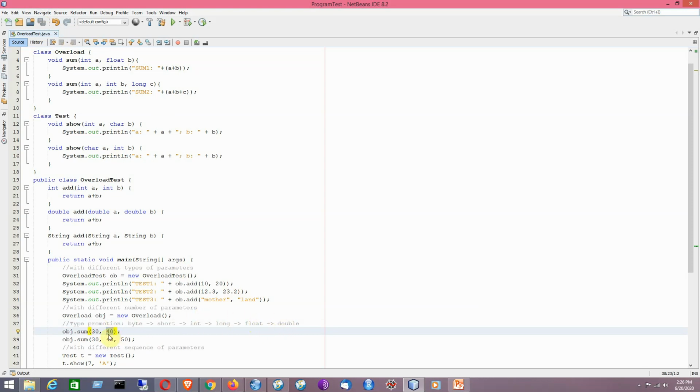So the int can easily be converted into floating point type, because float is a broader data type compared to int. That is why it is called type promotion. Type promotion occurs when, in method overloading, a narrower data type is converted into a broader data type.